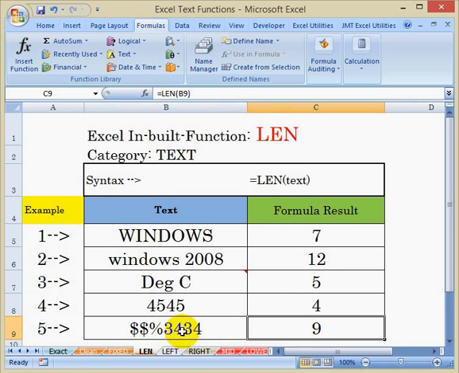It counts each character, whether single byte or double byte, no matter what the default language setting is.